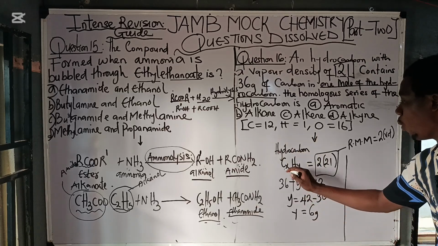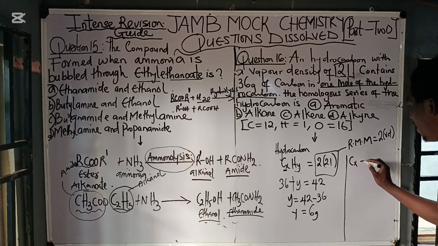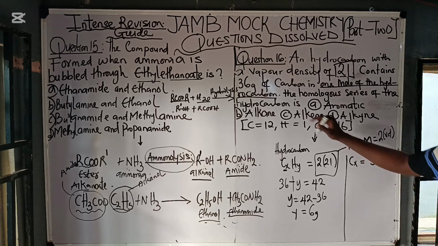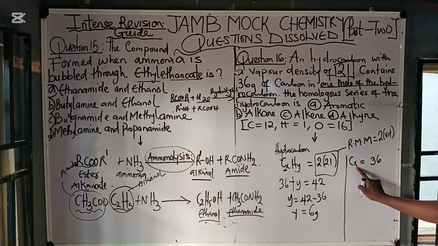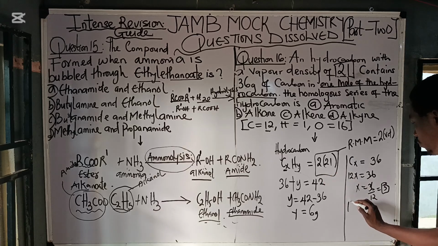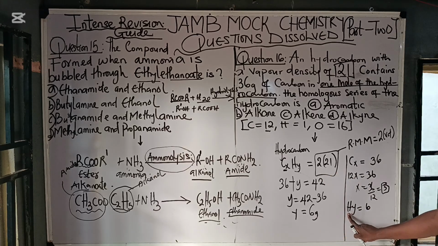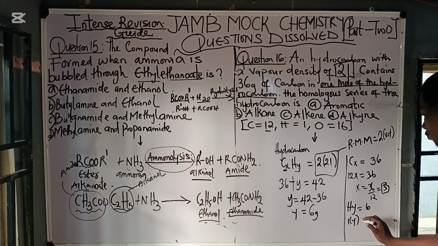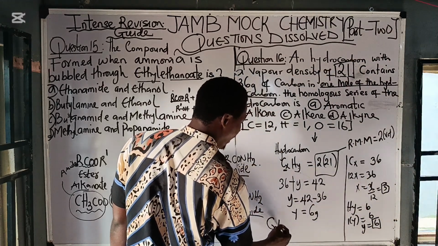So how do we solve this question? Very easy. Remember that what you have here is x. So you have Cx of carbon. That's what gave us 36 grams according to the question. We need to know the number of atoms of carbon. So if Cx gives us 36 and every atom of carbon is 12, you have 12x equals 36, and x will give us 36 over 12, which is 3. Are we together? So x is 3. Then for hydrogen, Hy is equal to 6, and every atom of hydrogen is 1. So you have 1 times y equals 6, so y will be equal to 6. So the number of atoms of hydrogen is 6 and of carbon is 3. So that means the hydrocarbon, CxHy, will be